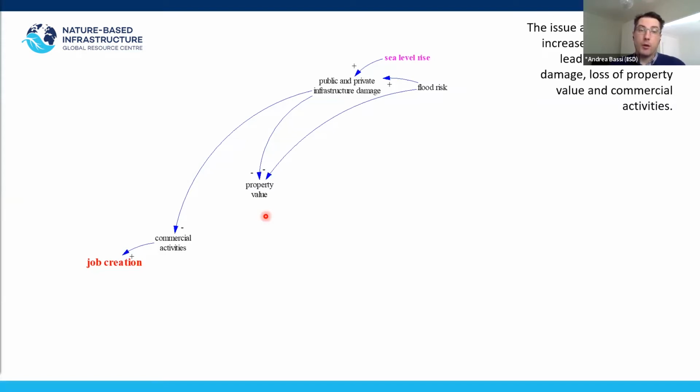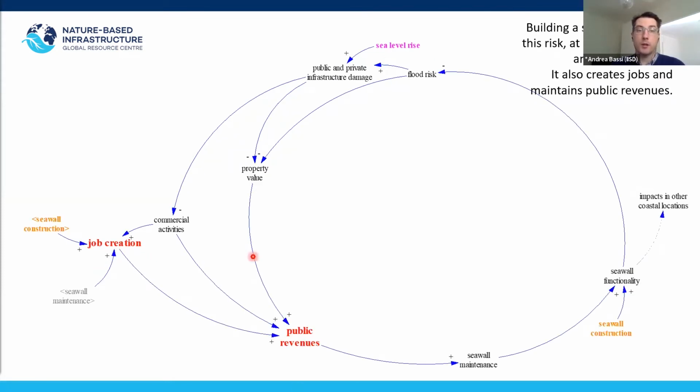Also, there will be a knock-on effect, because if we damage public infrastructure, let's say roads, then we are also going to have commercial activities that are impacted negatively. And that will ultimately result also in a potential loss of job creation in the area. Now, if we continue with the presentation, we see what are the consequences of that from a public point of view. If we have reduced property value, less commercial activities, and reduced job creation, then we have a reduction in